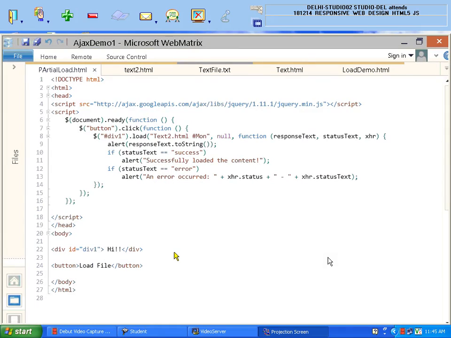I am passing null. In my syntax, I displayed 3 parameters. First was the name of the file which I want to load. Then was the data, which I told you is the data that I want to send with my request to my server. For the time being I don't want to send anything, so I just keep it null.